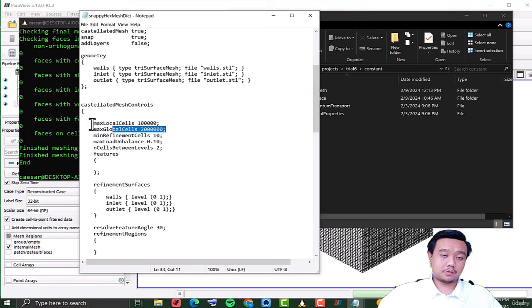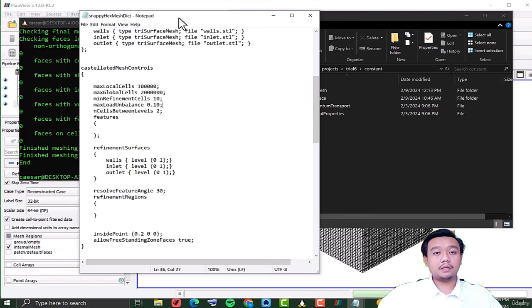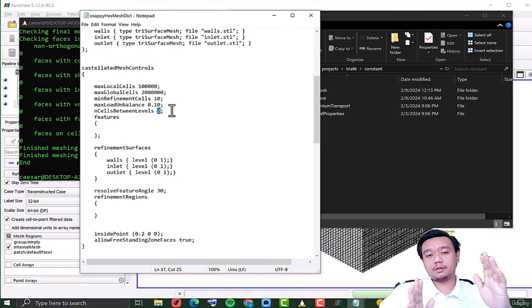And these are some constraints for the quality, but you can tweak them a little bit if you want. But maybe one that is commonly redefined or tweaked is this number of cells between levels. If we make this number larger, it means that the growth rate of the mesh of the refinement zone will also be larger. If I use these two numbers, the growth will not go far from the STL file, but if, let's say, I use 10, it will be like a larger growing